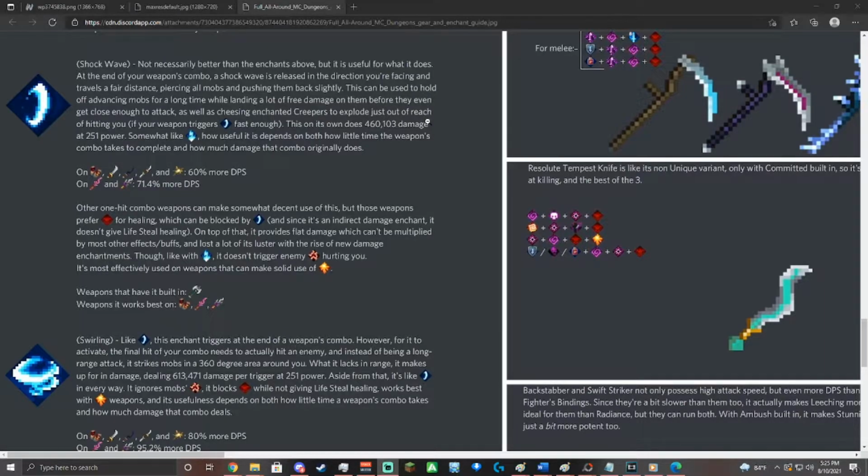On top of that, Shockwave provides flat damage which cannot be multiplied by most other effects or buffs, so it's lost a lot of luster with the rise of new damage enchants. Though, the perk of it is, just like with Thundering, the damage from Shockwave does not get returned to you from Thorns. But yeah, it's most effective